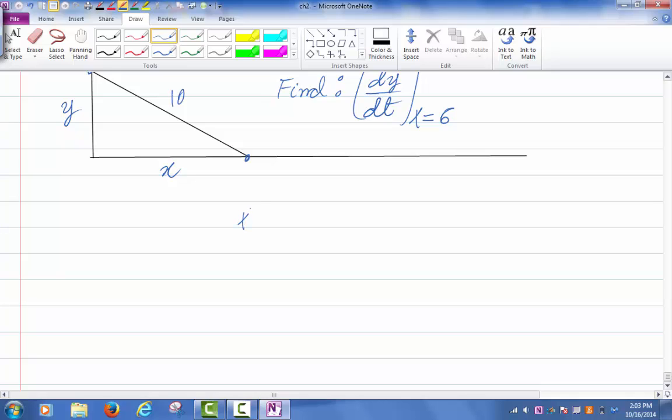I can easily come up with an equation involving x and y, which is x squared plus y squared is equal to 100, right? That's by the Pythagorean theorem. Okay, once I have this, then what do I do? I differentiate both sides with respect to time. So if I differentiate both sides with respect to time,